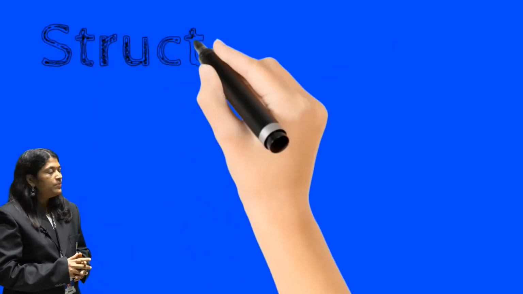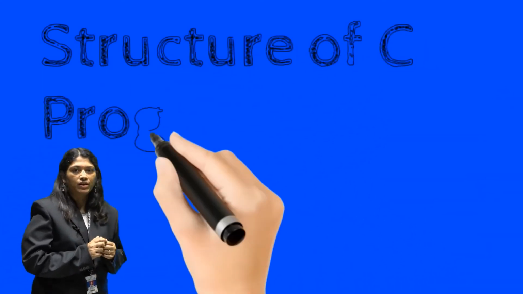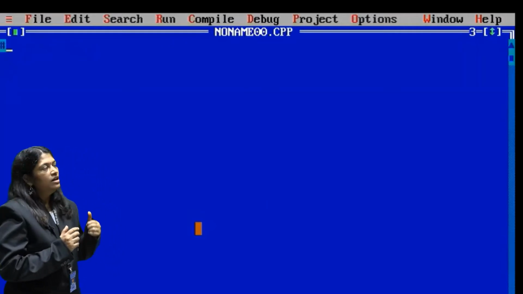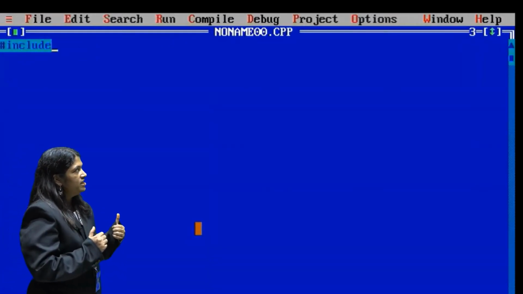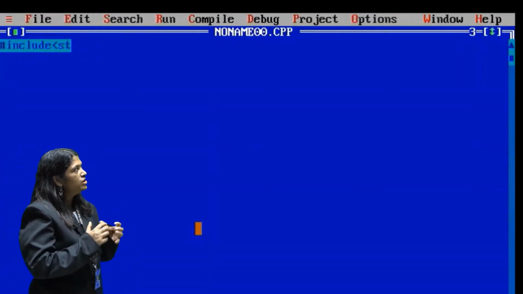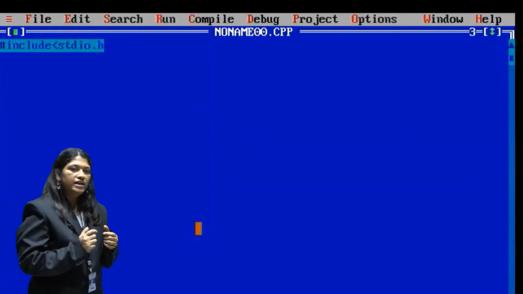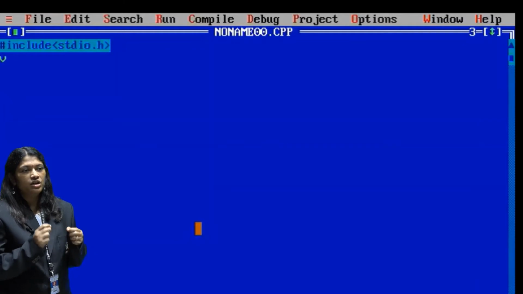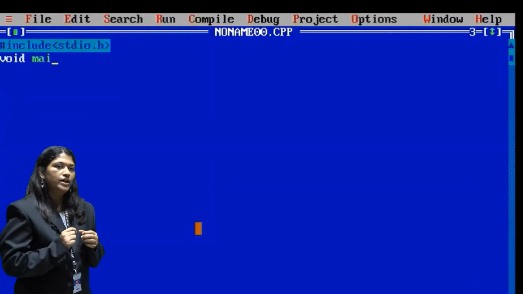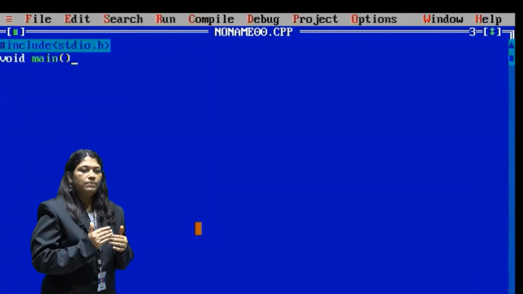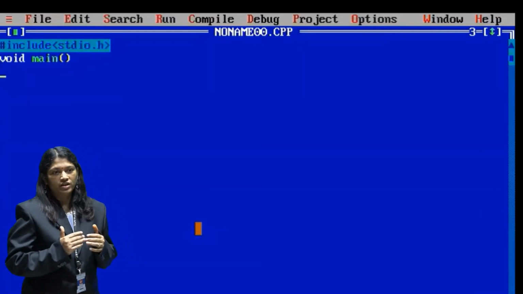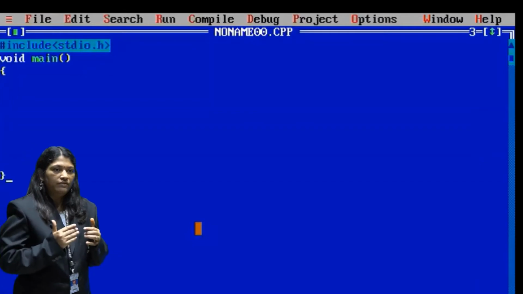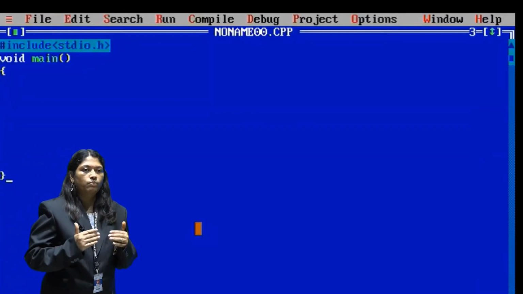Here I will explain how to write a C program of the linear search algorithm. On our screen there is a C editor, and by using that C editor we start our program. In the C editor, the first part is the header file section, where we first write #include <stdio.h>. After that comes the main function. In the main function we write our program, and it is the entry point of our program.